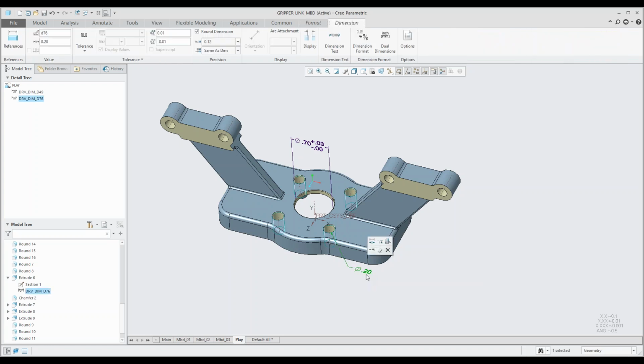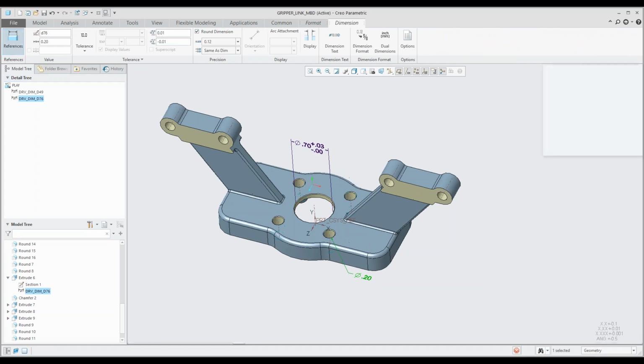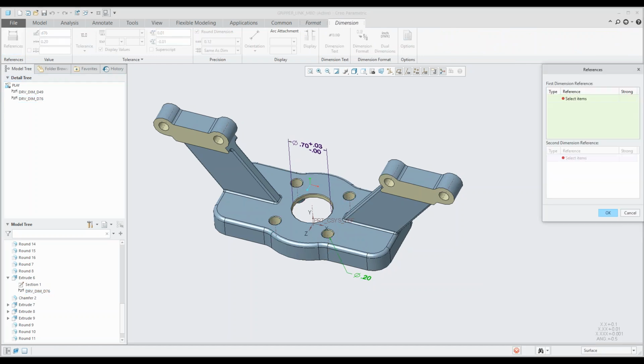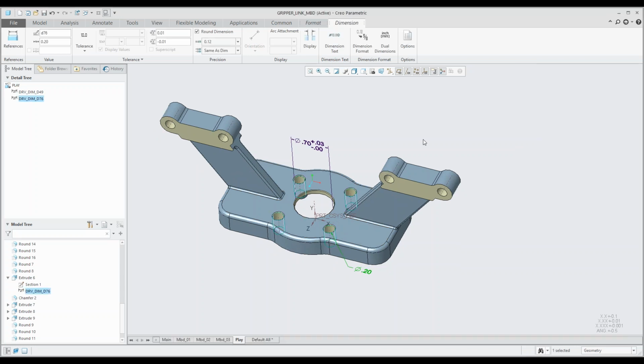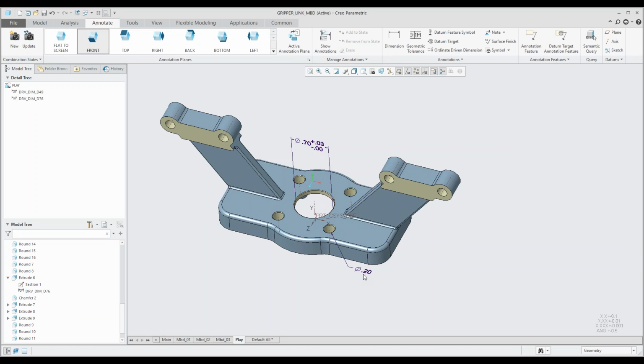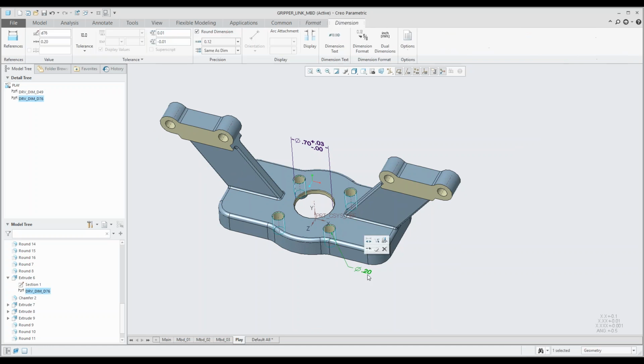you can pick this dimension and you can select references. So you can add references to this. So I can, for instance, pick that hole, and that hole. Let's do the original one as well. And that's going to pick all of them up. So now you know all of those holes, as soon as you highlight them, all of them are exactly the same. So you can add a note to this dimension, say all 4 holes are the same size or typical or